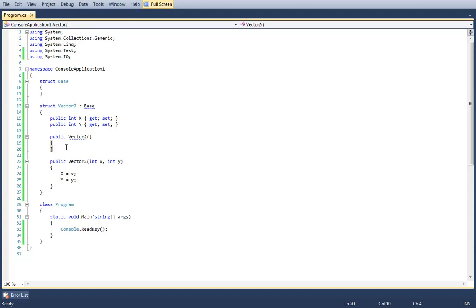Every struct will always have a public parameterless constructor that initializes all fields to their relevant default. For built-in types, that will always be 0. For other structs, that will be the result of invoking their parameterless constructor. And for reference types, that'll be null.